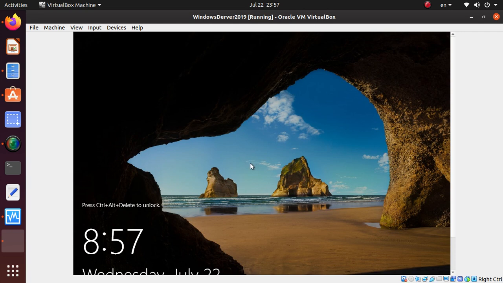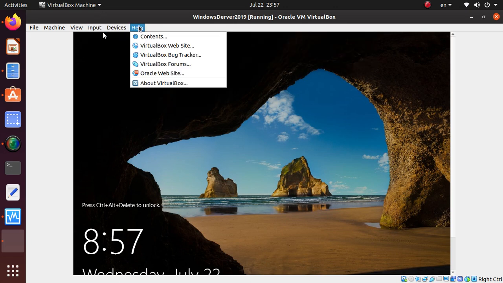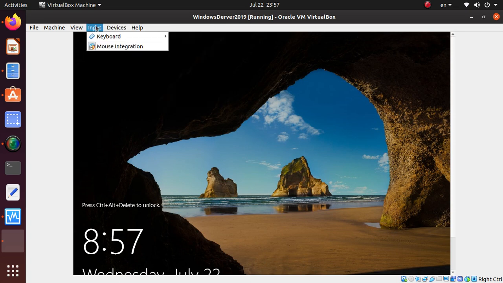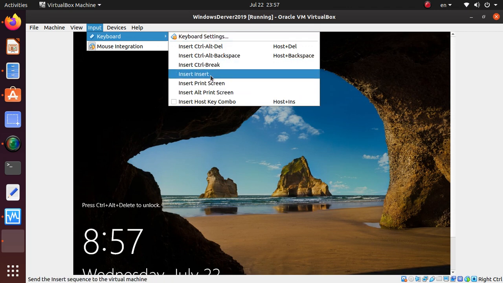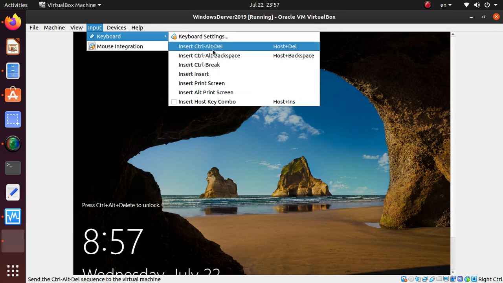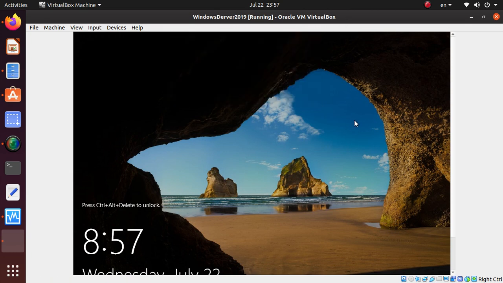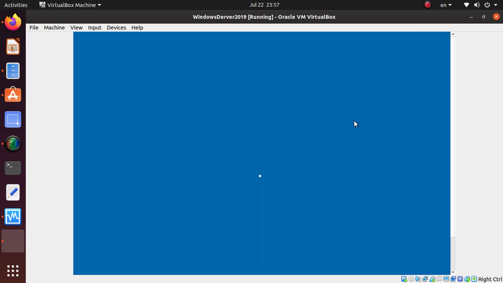So in my Ubuntu machine, my host key is Control, and I know that, and sometimes that's available somewhere in here for the keyboard input setting. It's not here, so insert Ctrl+Alt+Del. So host key plus Del is what you need to press. That will be similar to doing Ctrl+Alt+Delete inside this VirtualBox. So what I need to do, I'm going to press Control and hit delete, and now look at that, I am